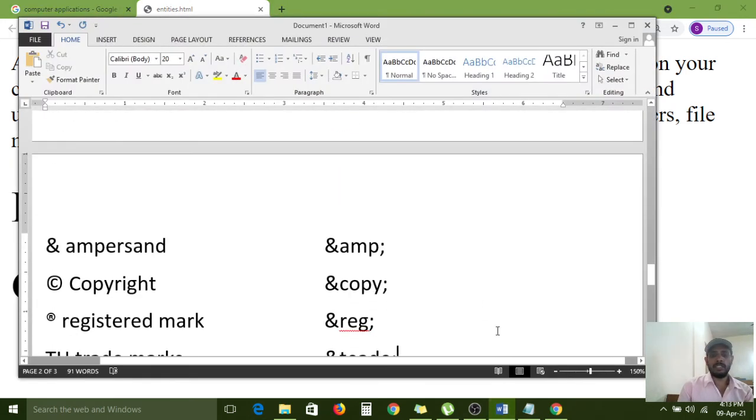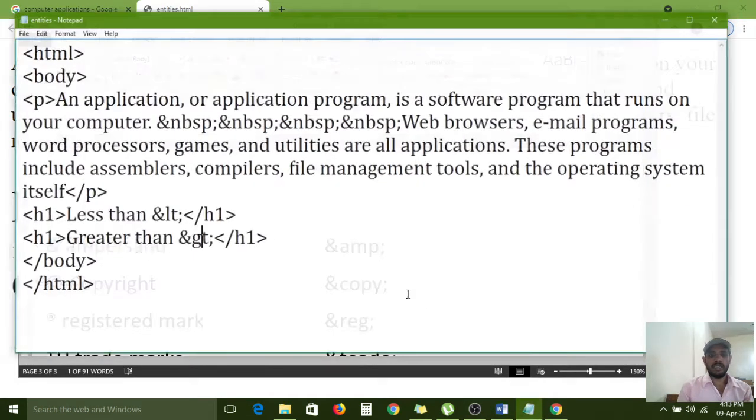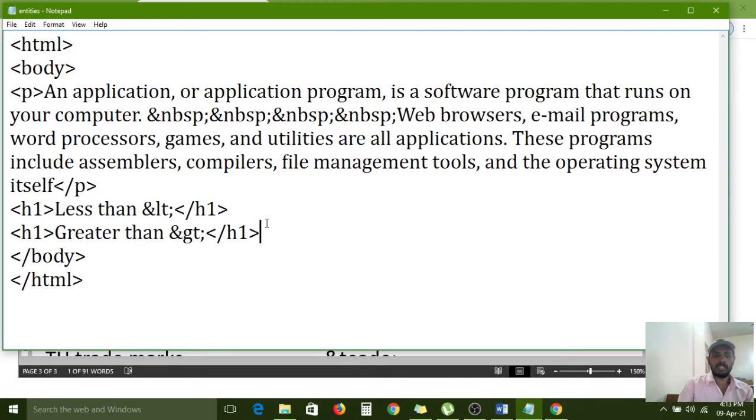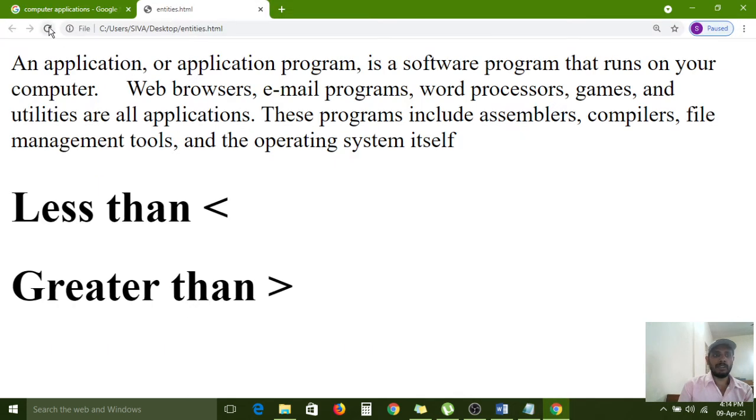Ampersand. I am copying this, and then space and AMP semicolon. Again File menu, Save, and I am refreshing this page.